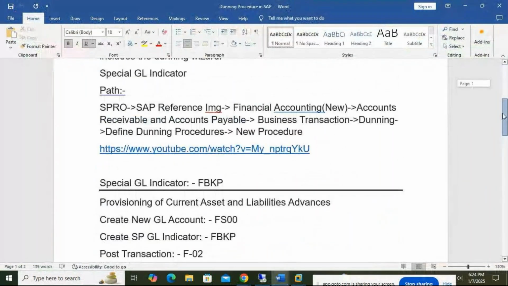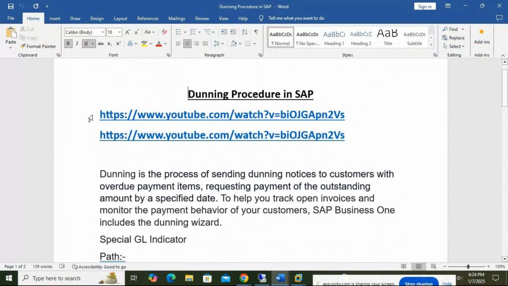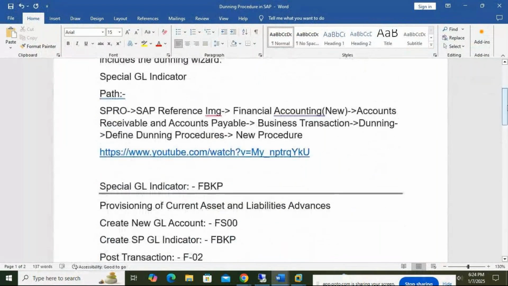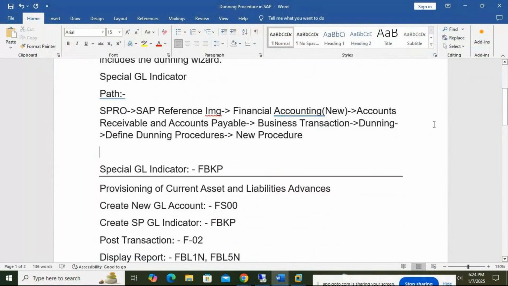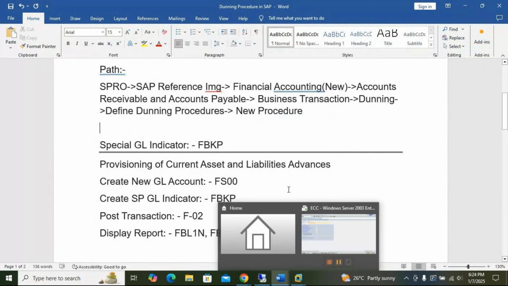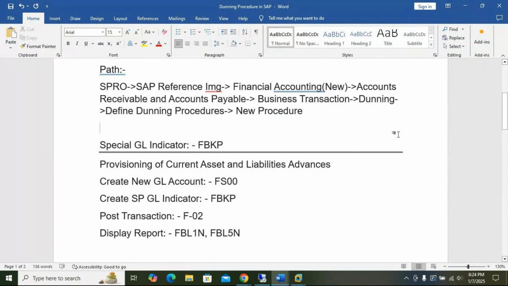Okay, special GL we need to create, students. Without this, we will not be able to do that. Let's create special GLs. So new procedure here it is there, but we need to create special GLs. Without this, it will not work. So special GLs is FBKP, GL indicator. So that is the T code FBKP. So make a note on this. We will do the special GL creations.